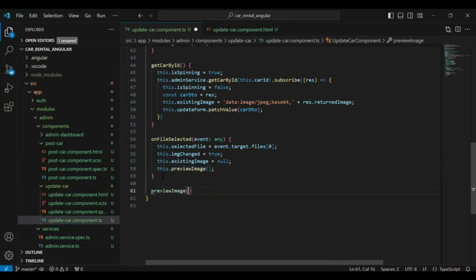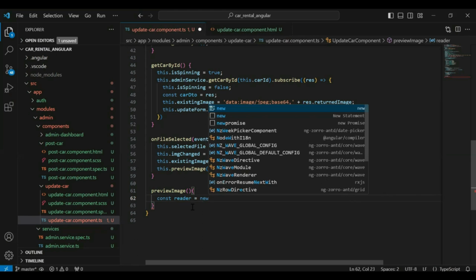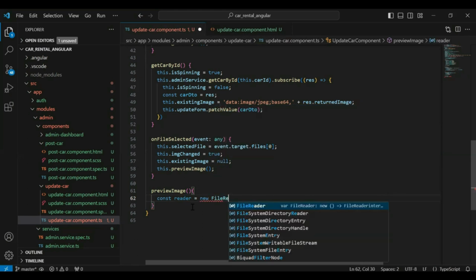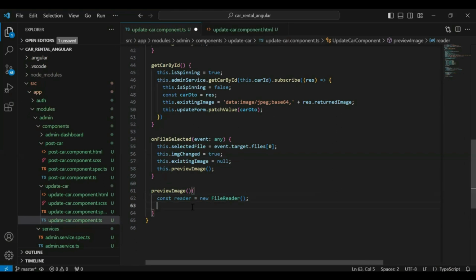After that, in this method, I'm going to add here the variable, const reader. We need to read the file. So here I'm going to initialize with new FileReader. After that, I'm going to call here the method reader.onload.